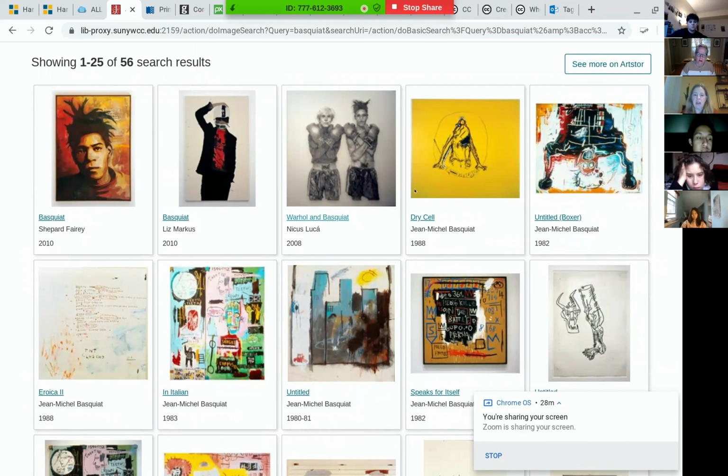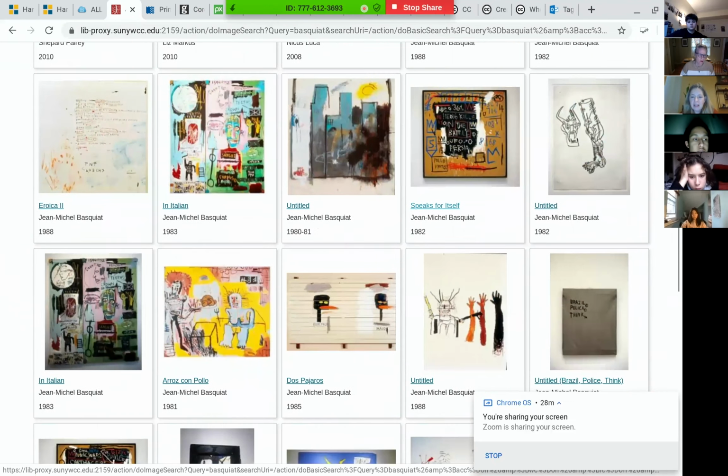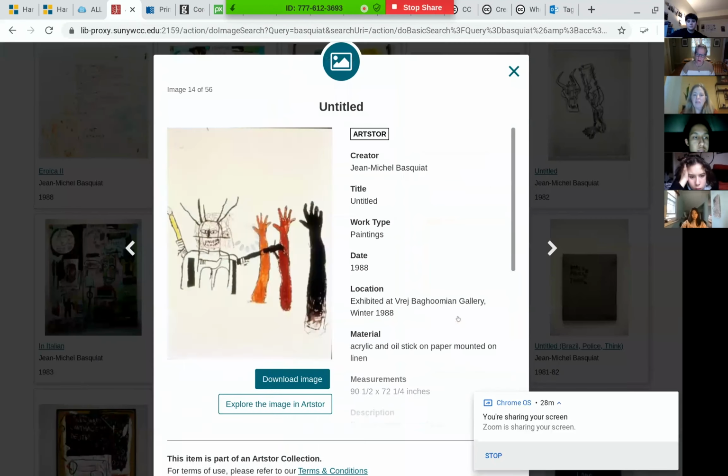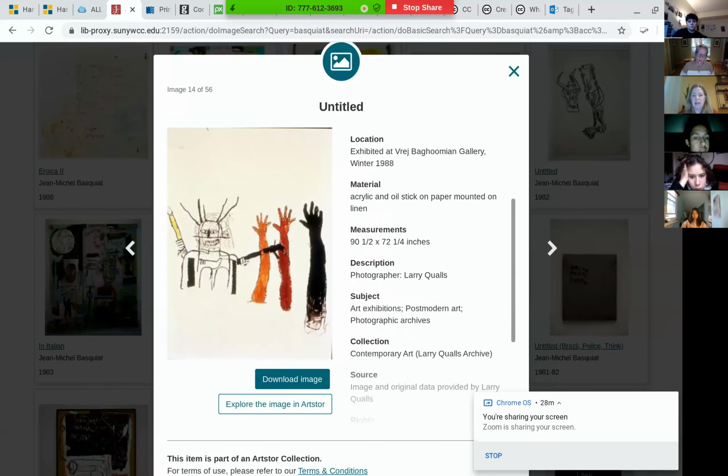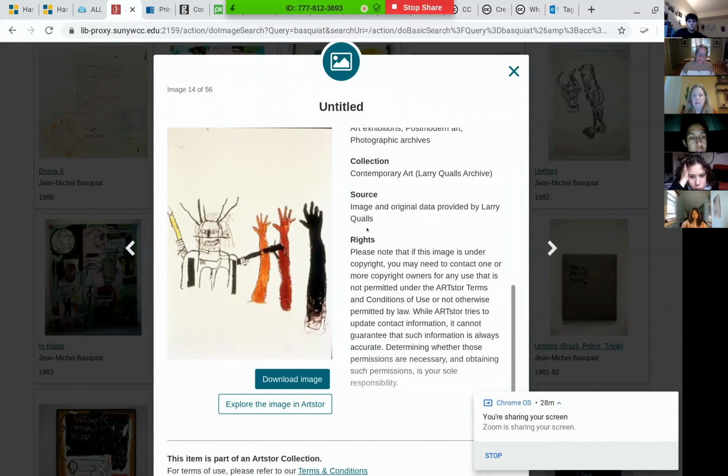And it's great because it gives you an idea. Not all of these are by Basquiat. Some of them are in honor of him. Let's see. It tells you where this artwork is located. So this looks like it's somewhere in Amsterdam. It tells you what it is, the date, and then also the rights. Who owns the rights to this? This one is just generic,